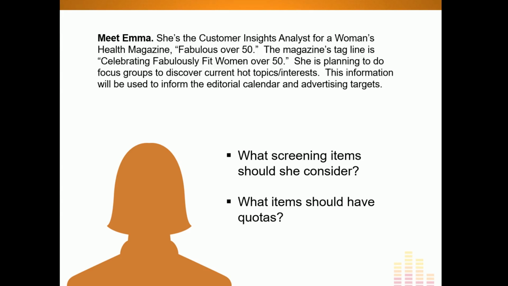She may want to say to her potential advertisers, yes, our research was done with readers or women who exercise to find out about their topics, and we focused on women who have a certain minimum household income. They have to have a household income of at least $40,000 a year to qualify. So again, given what her objective is, there may be a household income screening criteria.